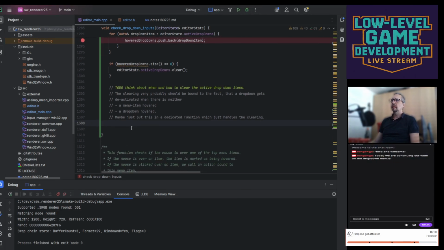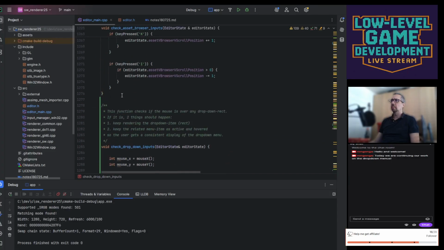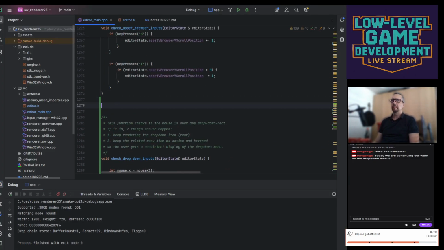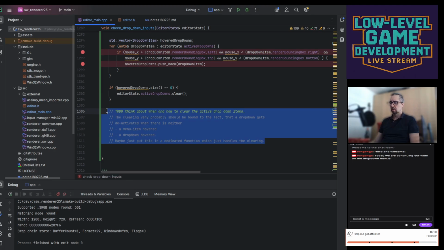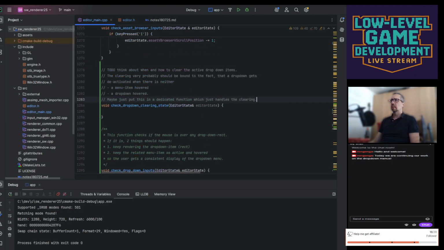Yeah, so I think we need to immediately do the clearing functionality. Check drop down clearing state. We pass it an editor state and we more or less do that. We more or less should do that. We can remove the to do because we're on it. The clearing